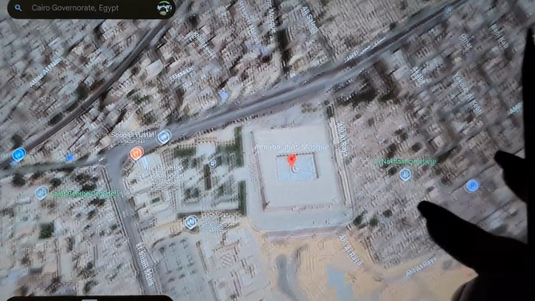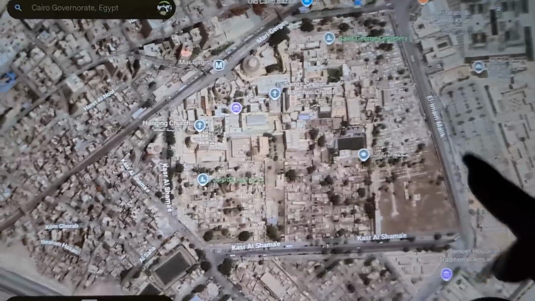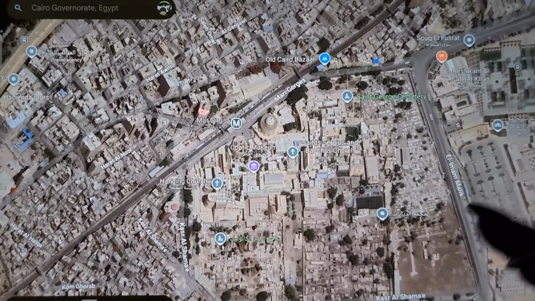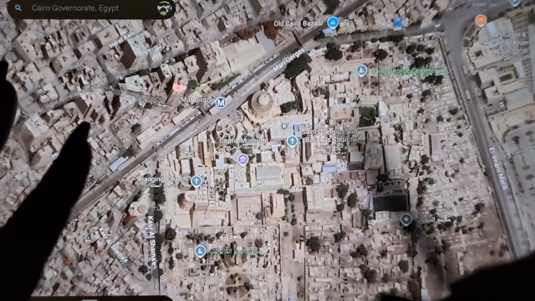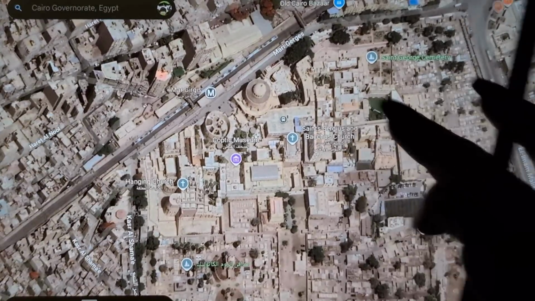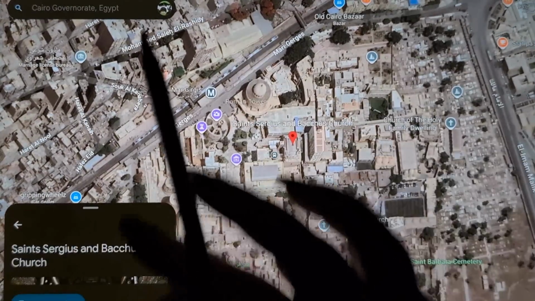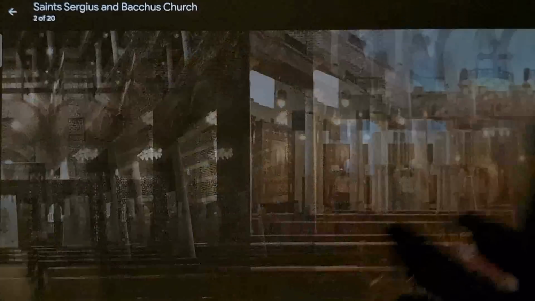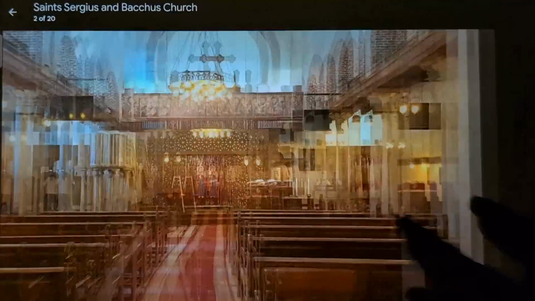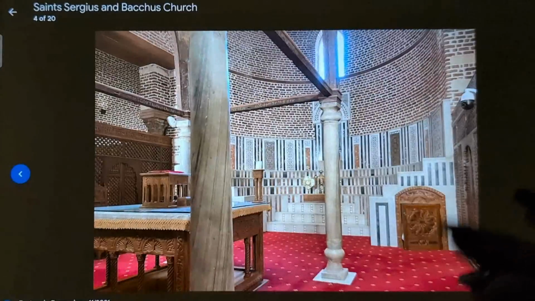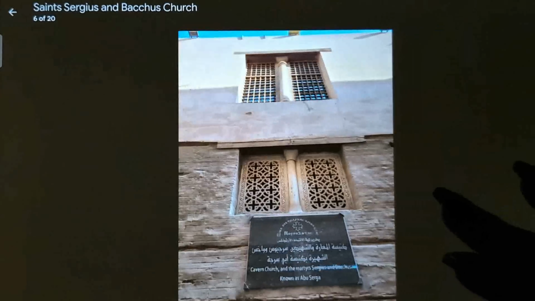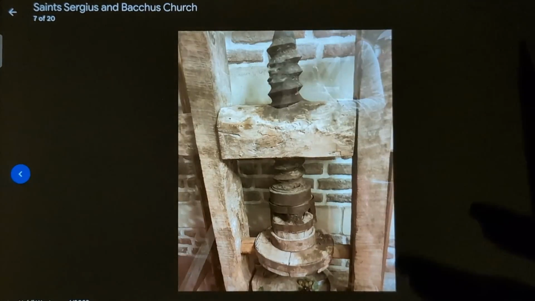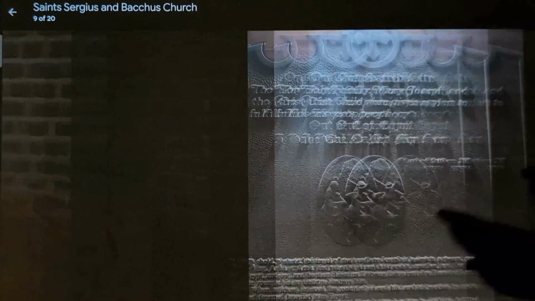And then right over here is the Coptic area. There's the Coptic Museum, but I want to show you one of the old churches here. Ooh, it's very dark. It is the better day. Much more lit. But it's a very, very old church. I wonder if it says in the little caption when it was built.